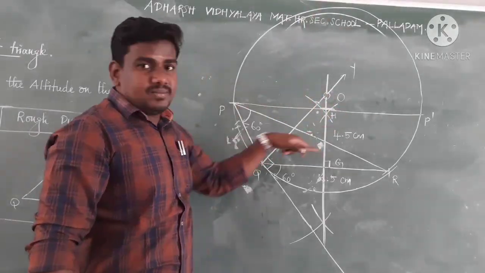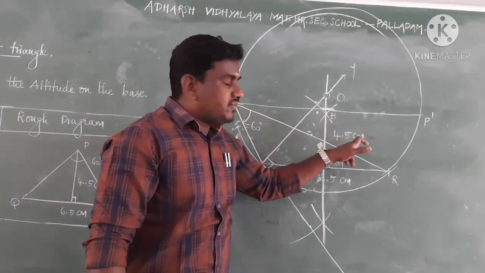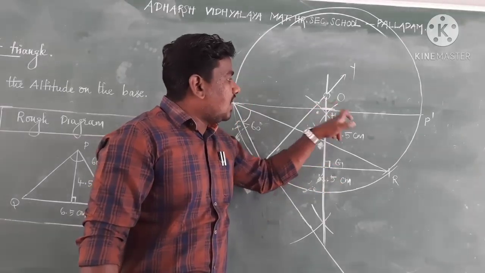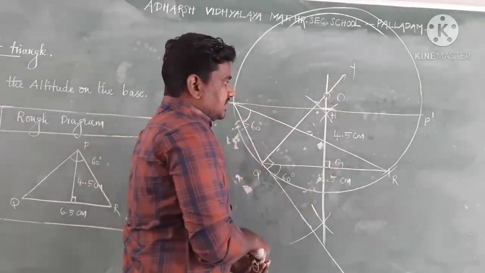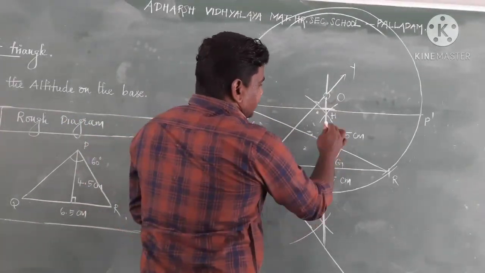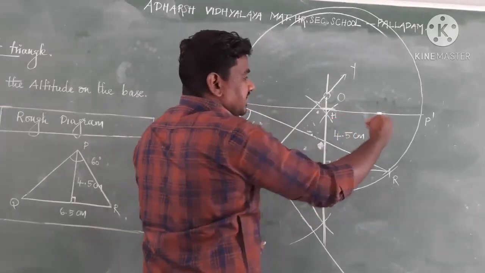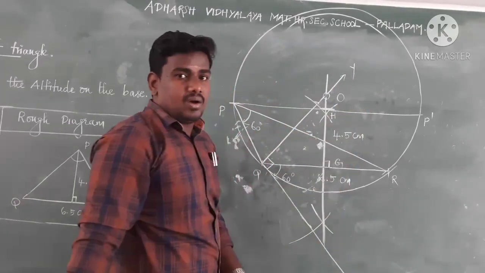Then the point of intersection of this perpendicular bisector and this QY is called the circumcenter, and draw the circumcircle. Okay. After that, take 4.5 centimeter radius, G as a center, and cut an arc on the perpendicular bisector. This is the perpendicular bisector. If it does not reach up to this, you can extend this straight line. If 6.5, 7.5 is given, you can extend this line and then draw an arc.